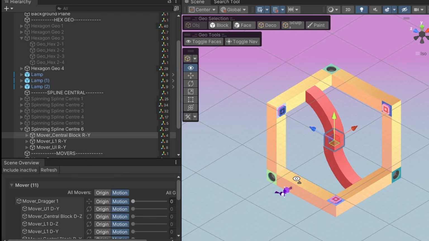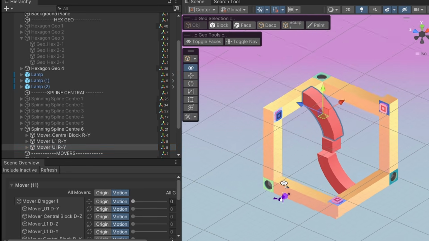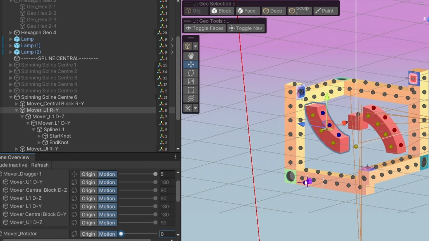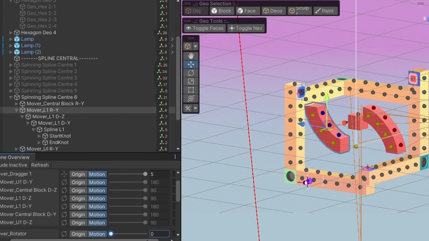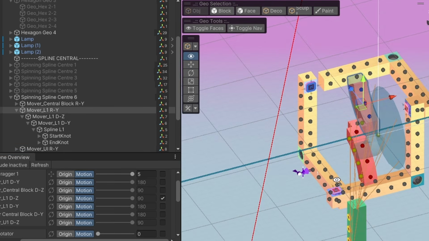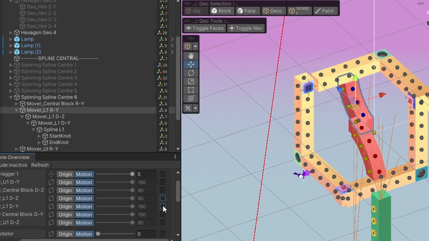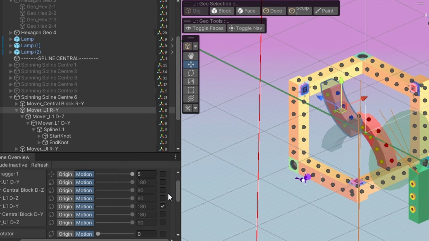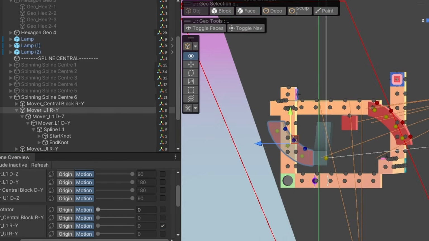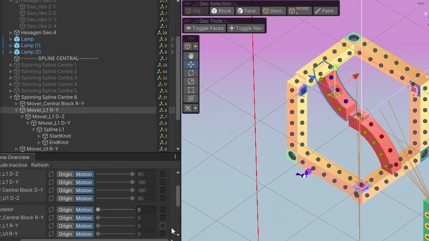Because rotation mover components only move in one axis, each of these objects had nested movers to ensure that they moved where needed. To make sure I could keep track of all these nested movers, I made sure to have a somewhat understandable naming convention in the scene hierarchy. If we open up one of these spline objects, you have the spline at its base. This one is referred to as L1 because it's the spline that is lower or behind the hex frame in perspective. The 2 next parents have a D to designate that it is activated by the dragger on the Y and Z axis. The final parent has R to designate it as activated by the rotator and a Y for the axis it is moved on.